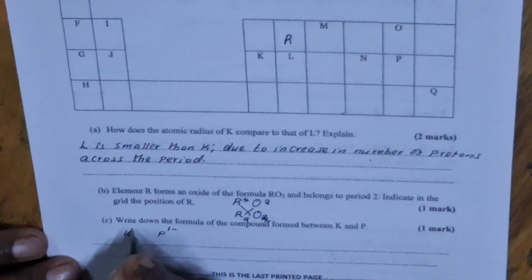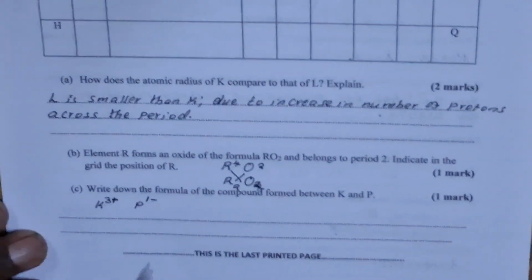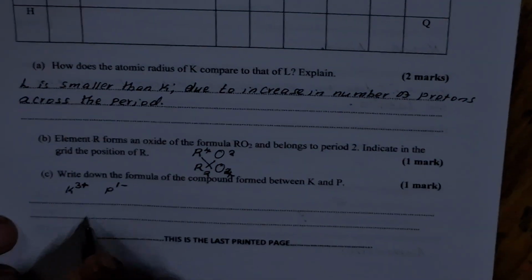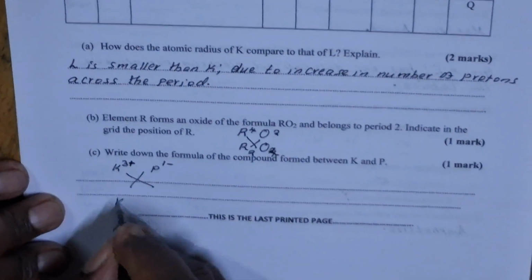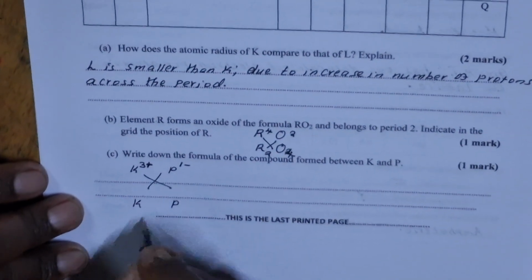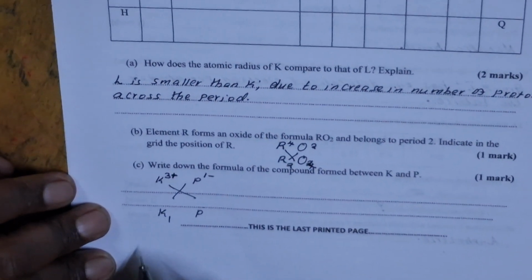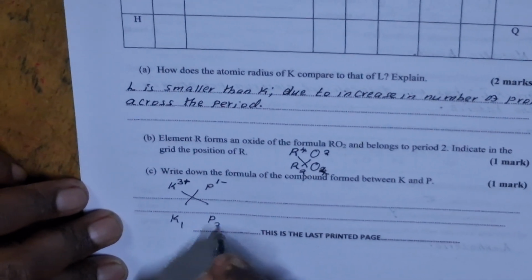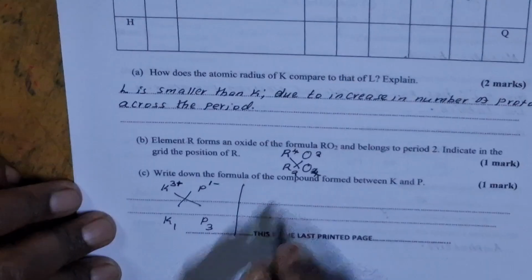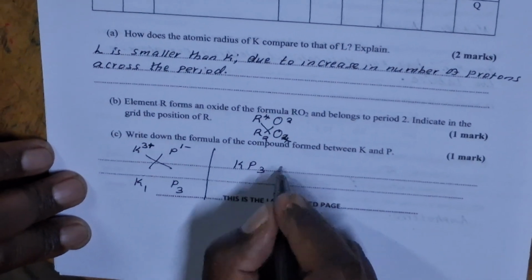So it is in group 3. Therefore it reacts by gaining 3 electrons. Sorry, by losing 3 electrons. So therefore we'll have a charge of 3 positive. So to get the formula, you switch the charges. So here we have K P. K will take the charge of P, so it will be K1. And P will take the charge of K, therefore it will be 3. So the right answer is KP3, or